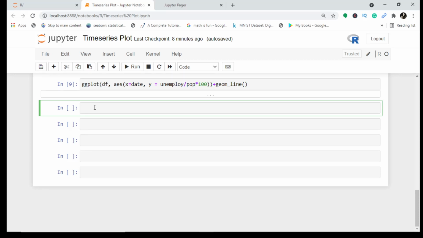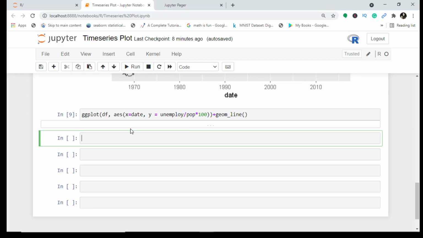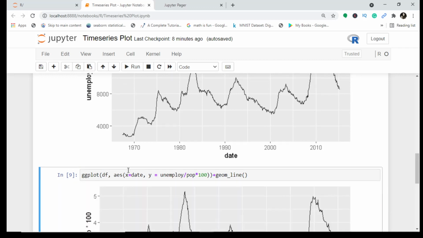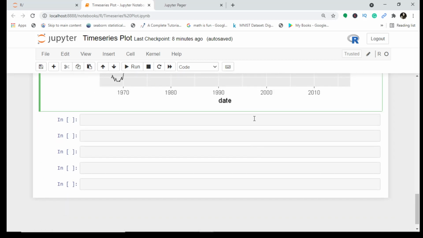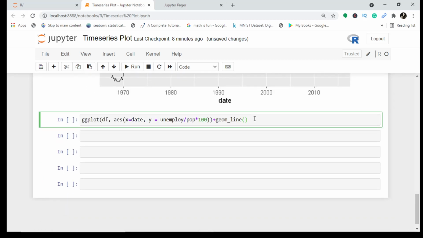The complete analysis is given in that notebook where I have written all those things. So this was the percentage of unemployed. Now I want to show you something really interesting with this data set. We can improve this diagram a little. What I do is copy this and paste it here, as you know, I always do that.